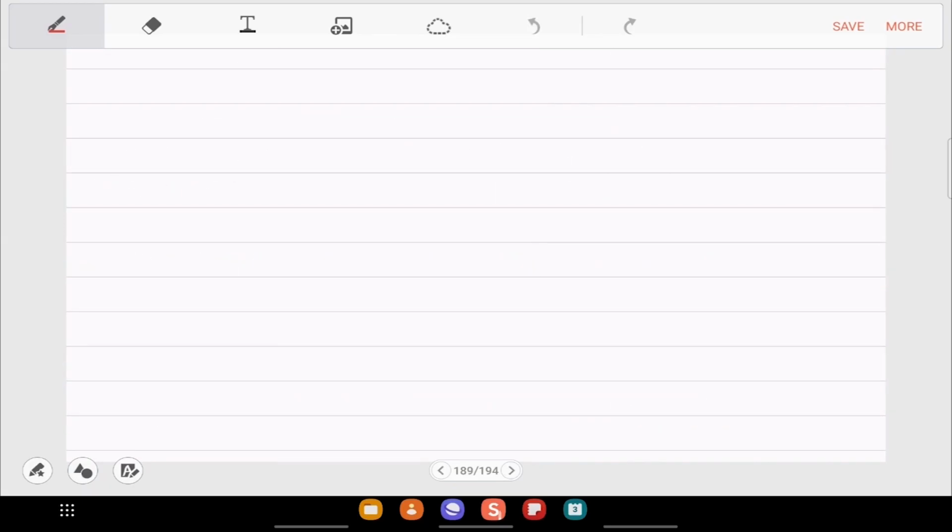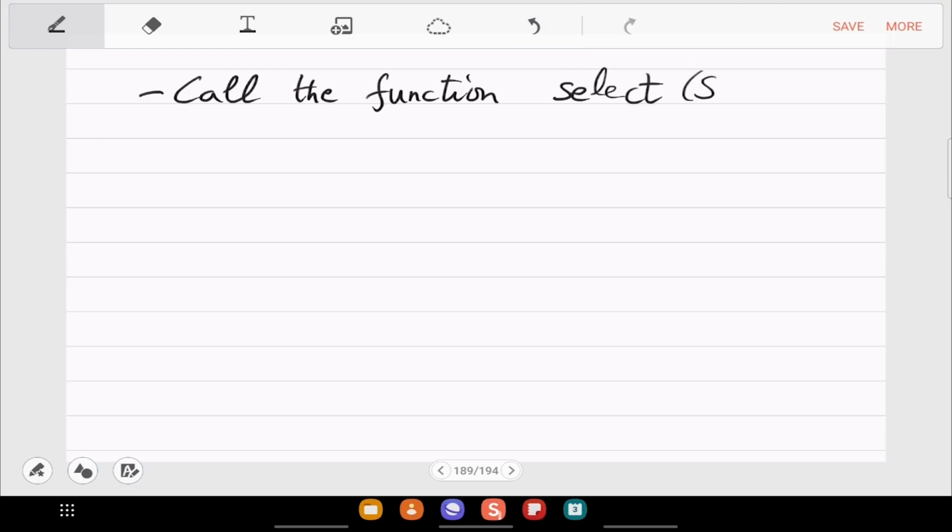So let us call this function that we are trying to design select(S, i). Okay, so input and output are the same. The input is this array S and number i, and the output of select(S, i) is the ith smallest element in the array S. No assumptions on S are made. So you want to design this.